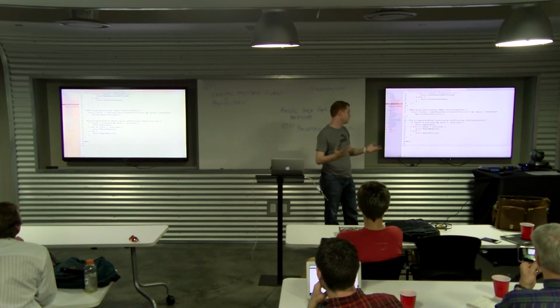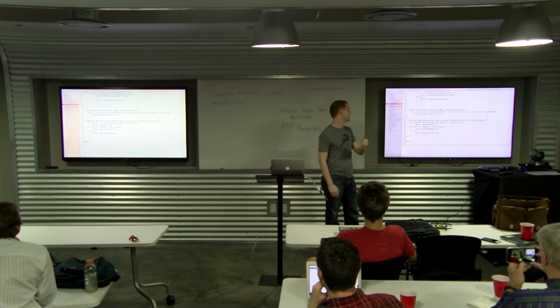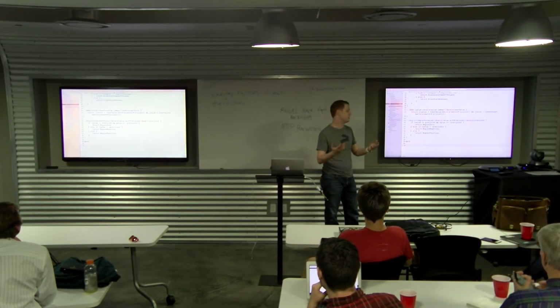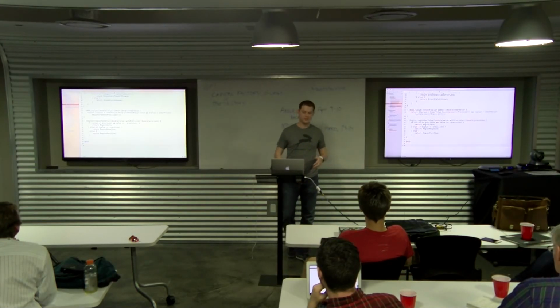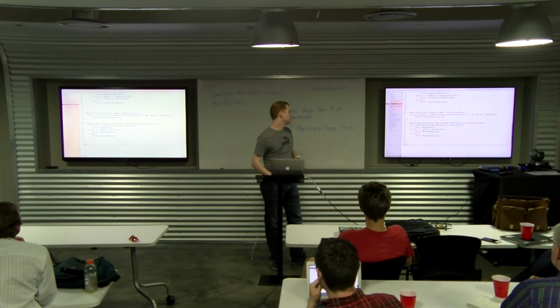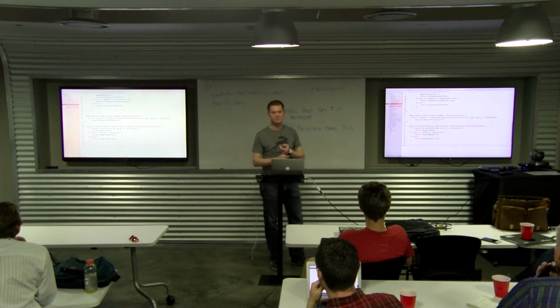Otherwise, if it's less than -2.5, we return negative. If it's greater than 2.5, we return positive. So based on those three criteria, we determine if X is in the positive, negative, or 0 region,